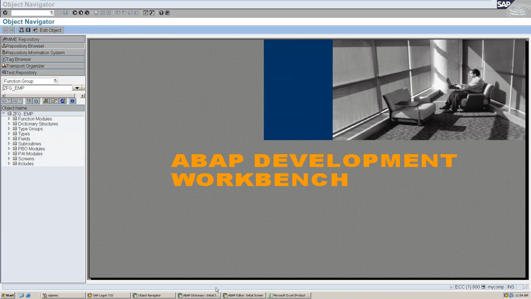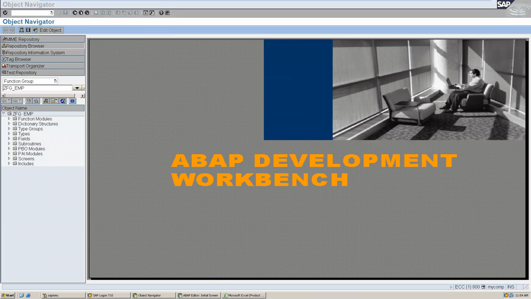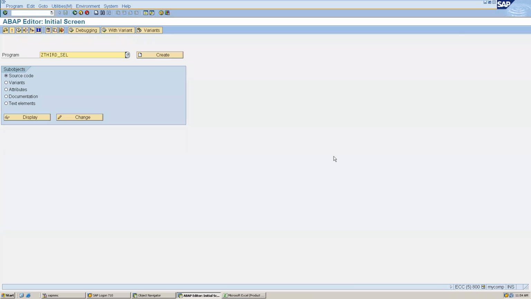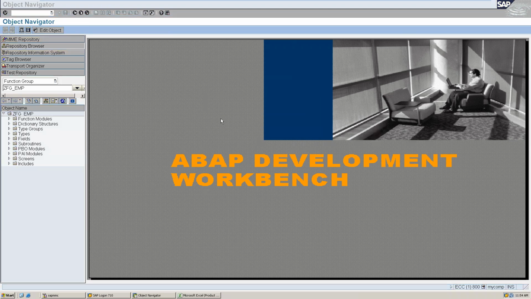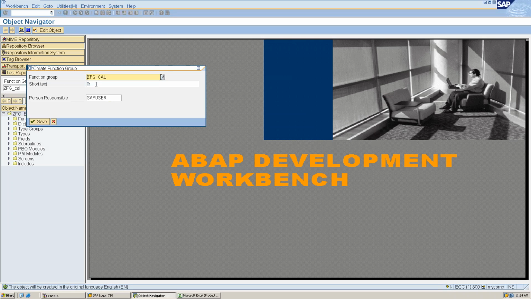Let me close other windows. Okay, I believe we have already created this, so I'm just creating one more, for example, this. This function group does not exist. Yes, I want to create it, for example, calculation.